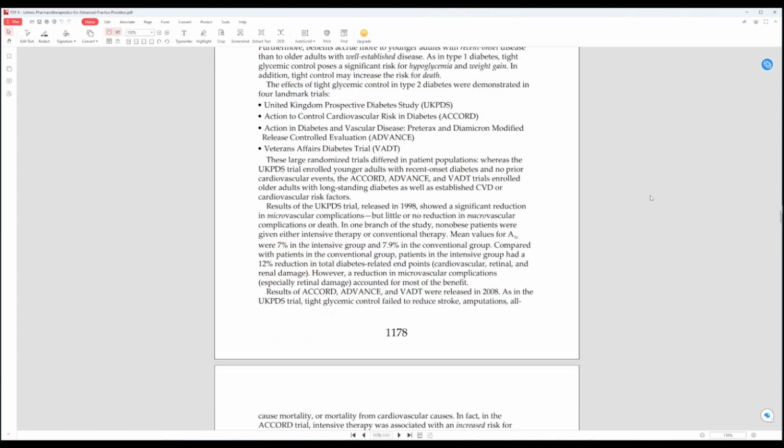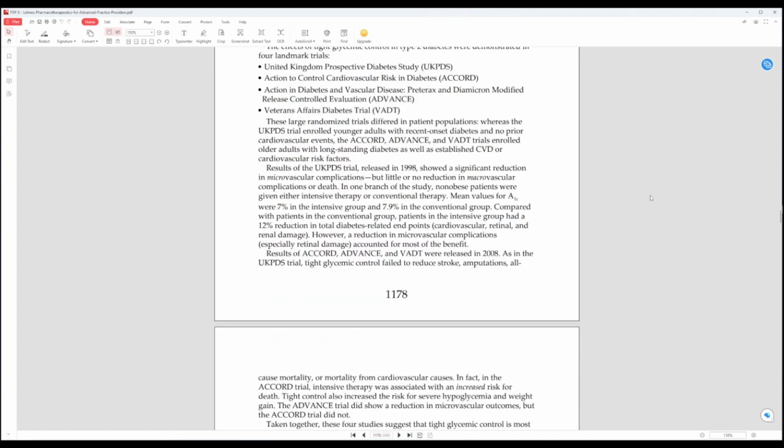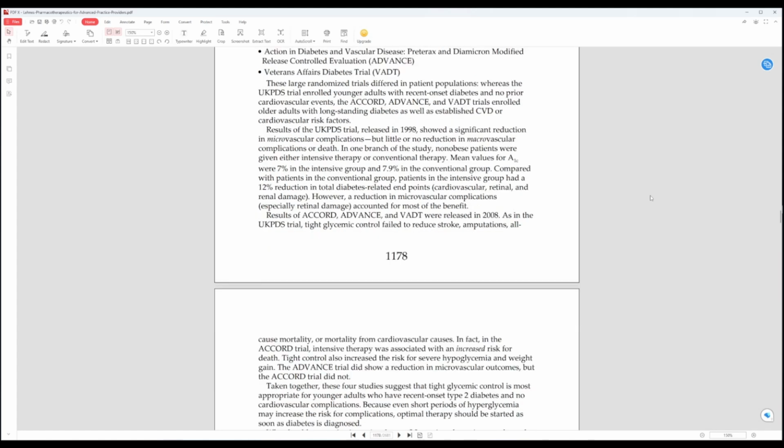These large randomized trials differed in patient populations. Whereas the UKPDS trial enrolled younger adults with recent onset diabetes and no prior cardiovascular events, the ACCORD, ADVANCE, and VADT trials enrolled older adults with long-standing diabetes, as well as established cardiovascular disease